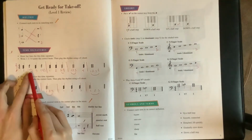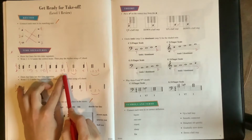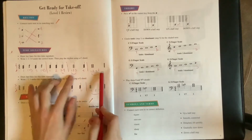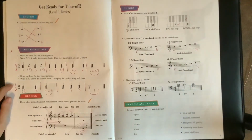So we have 1, 2, 3, 4, and we draw a bar line. 1, 2, half note gets 2 beats, 3, 4, bar line. 1, 2, 3, 4, bar line, and 1, 2, 3, 4, and there's our double bar line saying that the exercise is over. Time signature now changes to 3/4, meaning that there's 3 beats per measure, and the quarter note